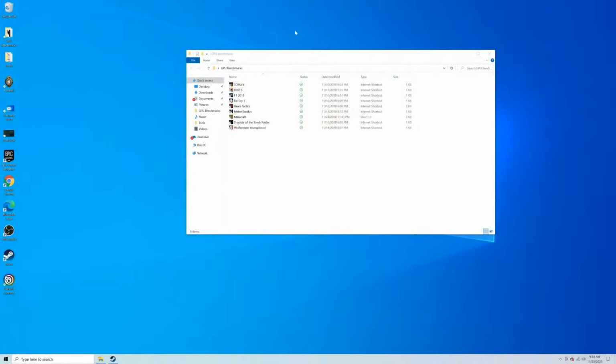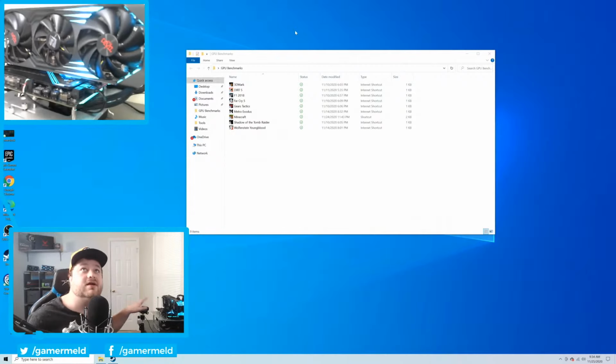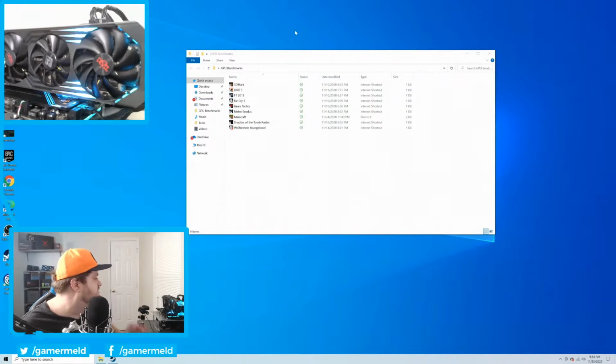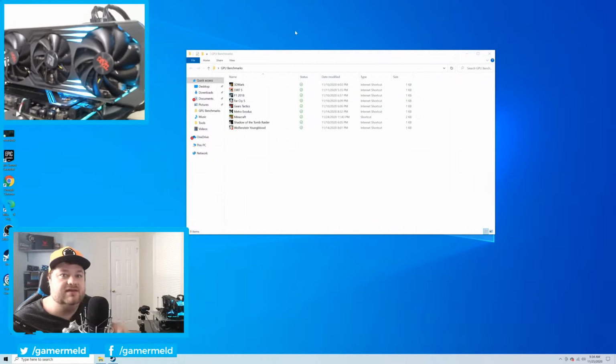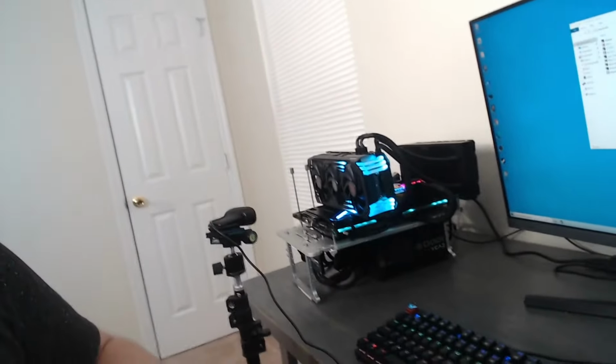Okay. The cool thing about this, I'm going to go ahead and go over to this. Right here, I went ahead and got a capture card yesterday, so I was working on this for a good while. You can see the card, we have it right here, and so we are going to run some benchmarks. First up, I will definitely say that the card is pretty sweet. That's not going to work. Okay, never mind. Let's try and do...